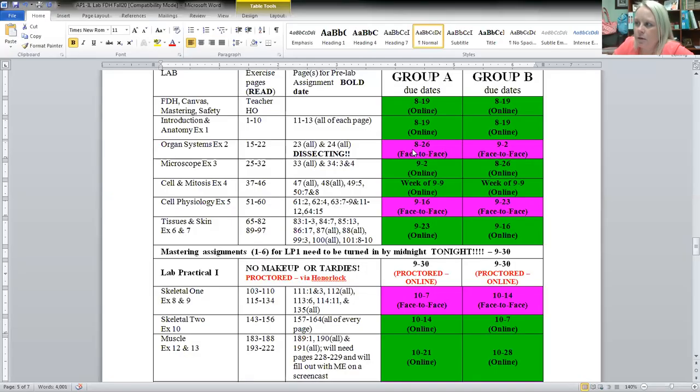So remember, next week, I will go back over this really quick. Let me show you guys. Next week, the 26th, Group A, if you signed up for Group A, you will actually physically come to class on the 26th, which is next Wednesday. If I said Monday at any point during this, I apologize. I was looking at my calendar wrong. But y'all are Wednesday lab, so you go by Wednesday dates, okay? Just in case I did say it, you are a Wednesday lab, so don't come on Mondays, okay? So Group A, you will physically come to class on Wednesday, 8/26, while Group B,